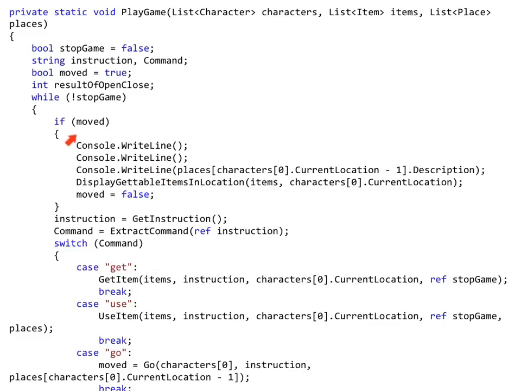The first thing it checks then is if moved, meaning if this boolean variable here moved is true. Well, it is true at the moment. The first time round the loop, it's been initialized to true. So we're going to go into this branch here. So it's going to output a couple of blank lines, and then we get to this line here, console.writeLine places,